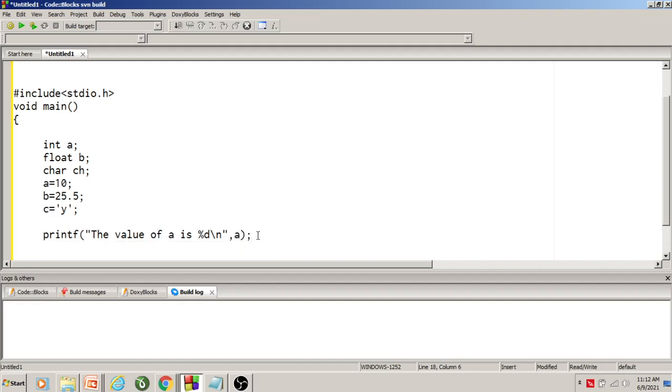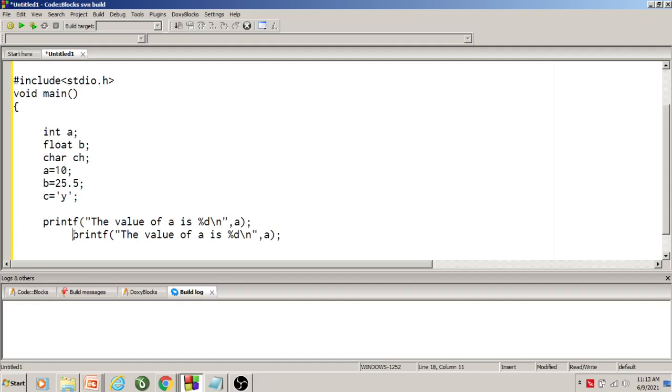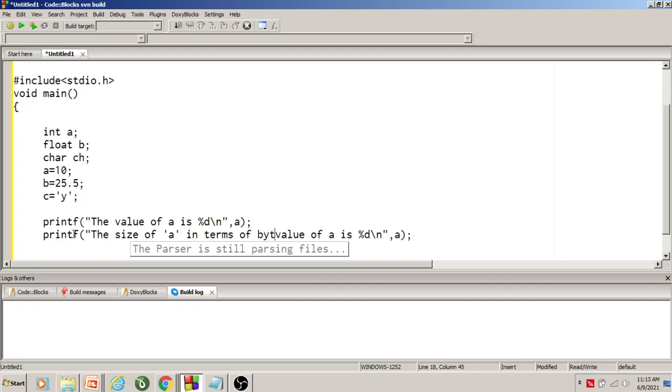Immediately after this statement, I want to know what is the size of a, how much memory is allocated for a in terms of bytes. The size of a in terms of byte equal to percentage d.